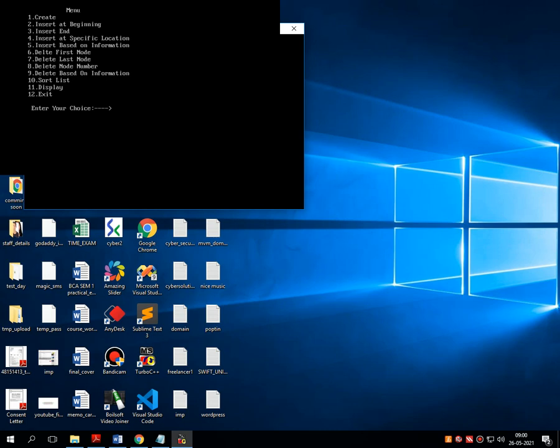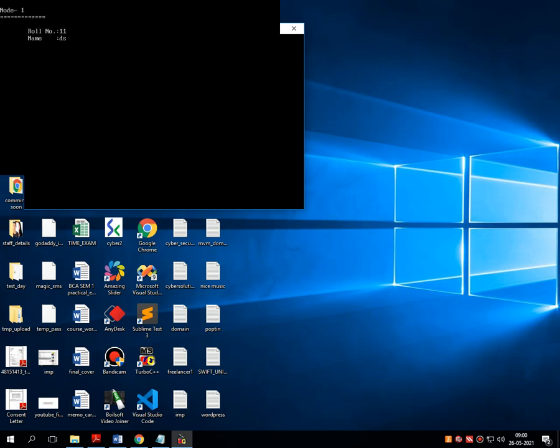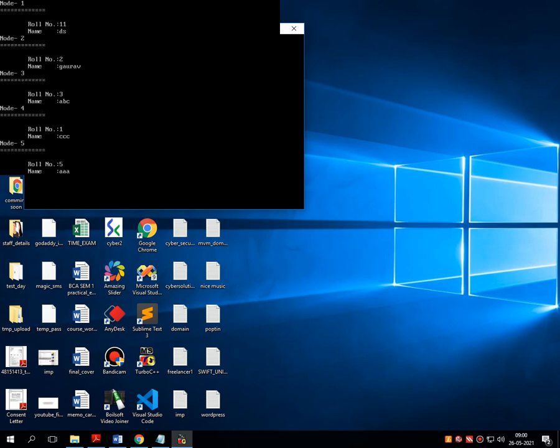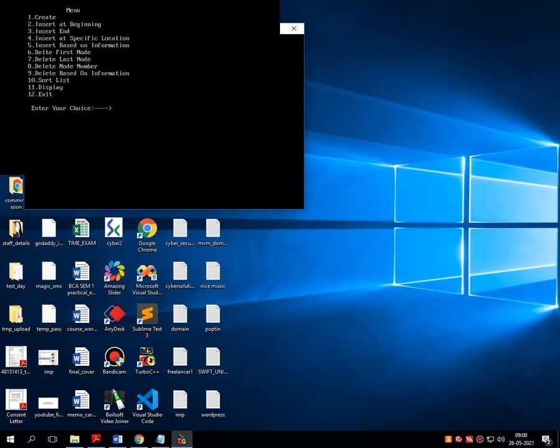So instead of MVM, the last node should be Rajkot. So let's see. The first node is DS, then Gaurav, then ABC, then CCC, then AAA, then MVM, and the last node is Rajkot. So even my operation number 3 works successfully.